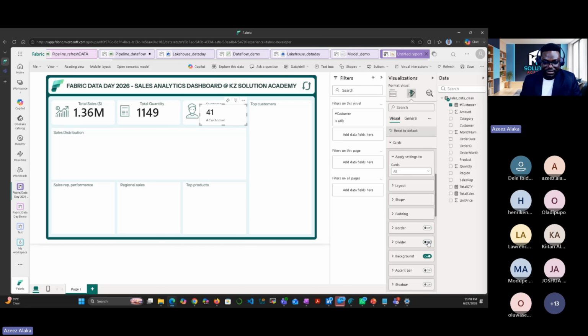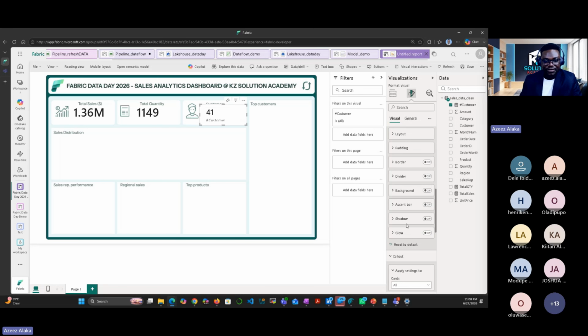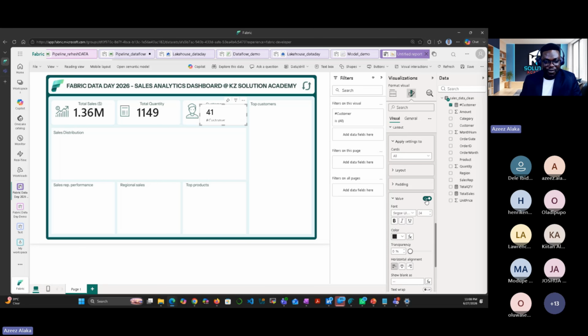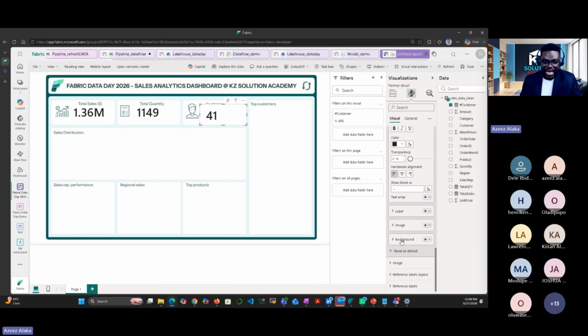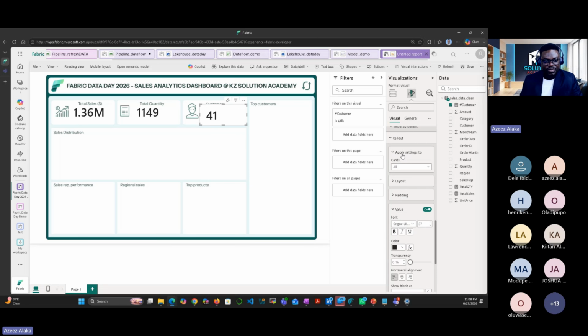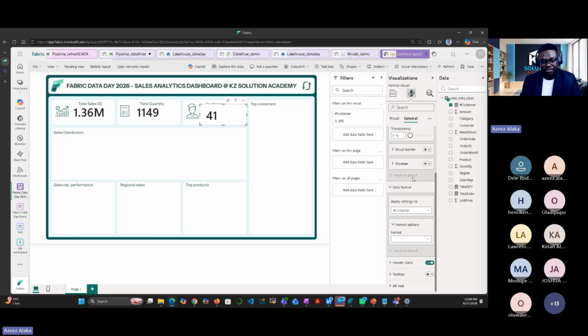It could have been very easy if we can do that. Which means I only need to apply the filter on one, and I will just format the paint on every other one, and it's going to be replicated on all the other ones. There are some things in Power BI that are actually not here, but most of the things that are on Power BI, they are here. Only limited things that you cannot find here.